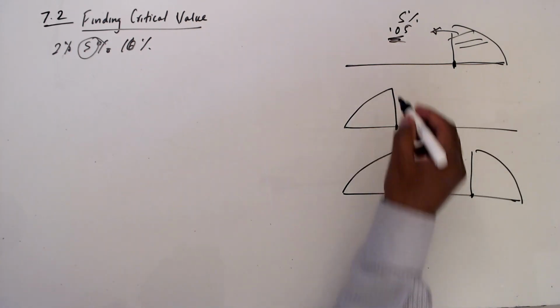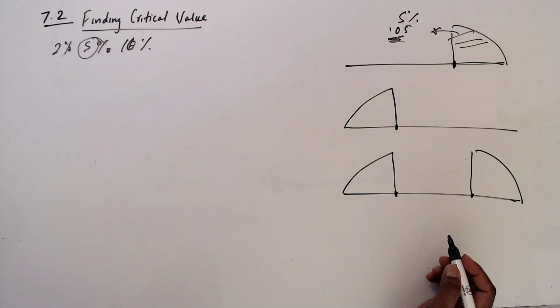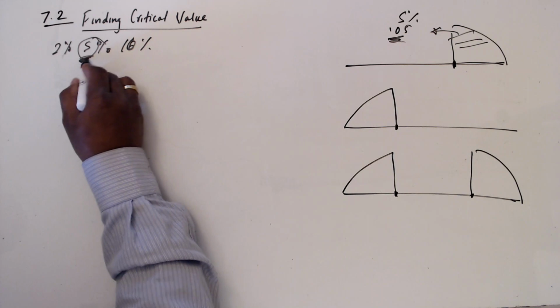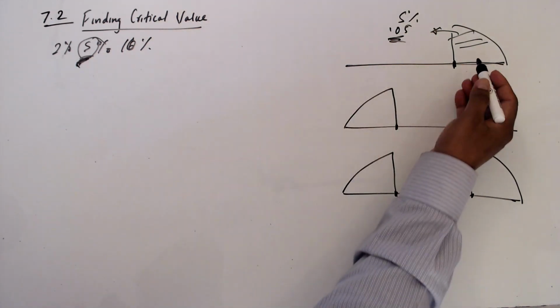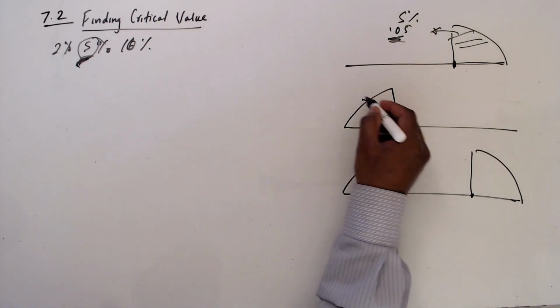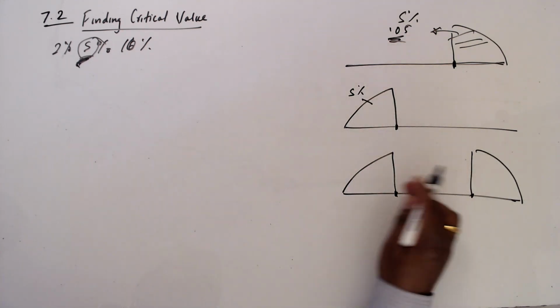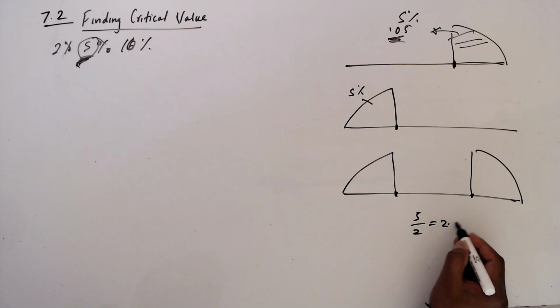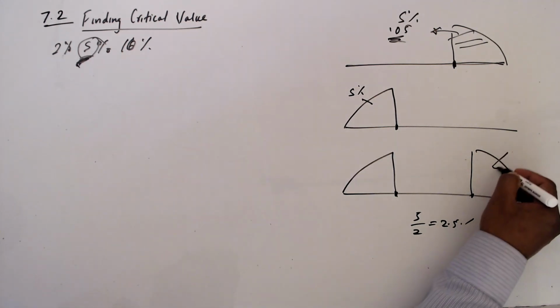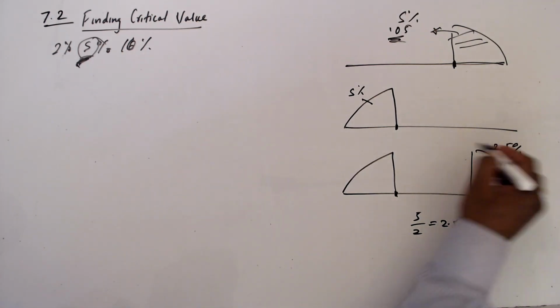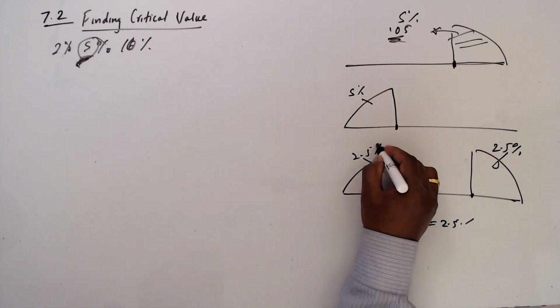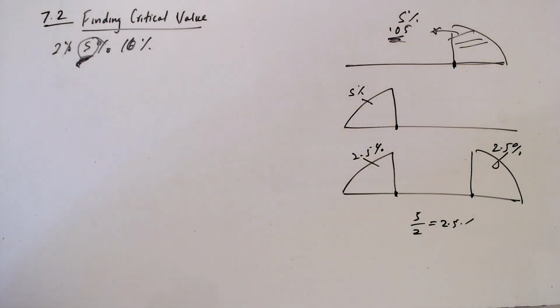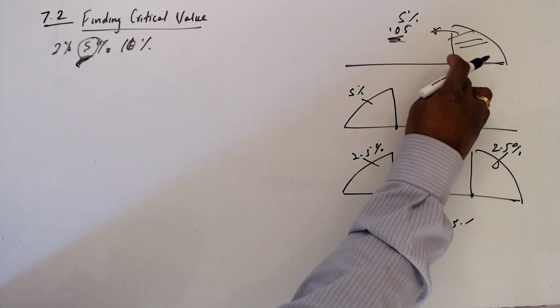Now, another thing. If it is given as 5%, then for one tail it is 5%, but if it is two tail, this 5 we have to divide by 2, that is 2.5. Then we have to apply 2.5 and 2.5 equally. Now, regarding this cutoff point or the cutoff value,